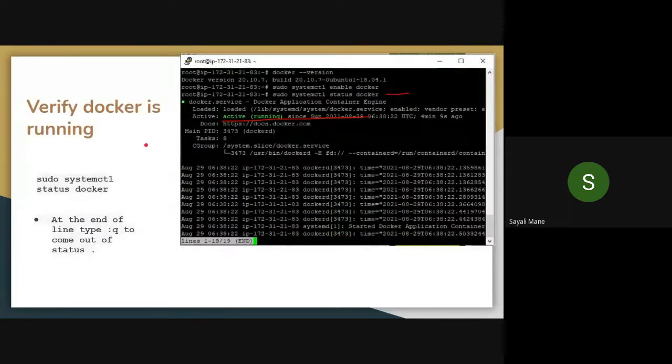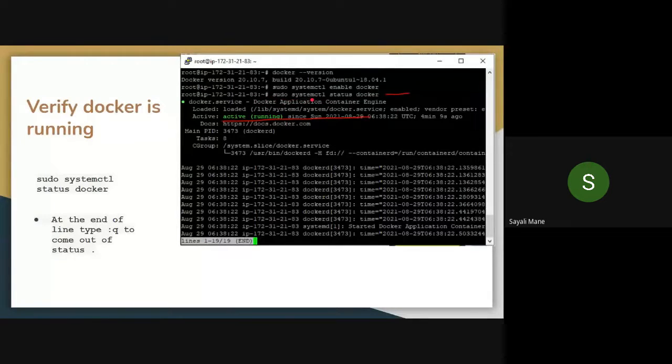Now next, we have to verify whether our Docker is running or not. For that, this command is there: sudo systemctl status docker. So please type this command. You can see it in the screenshot which I have attached.